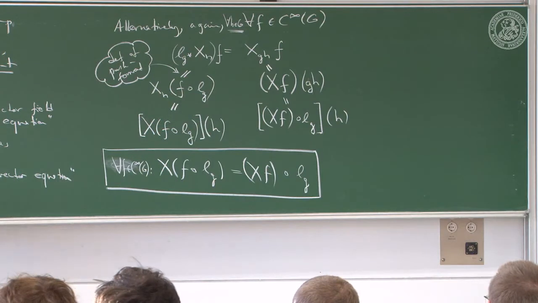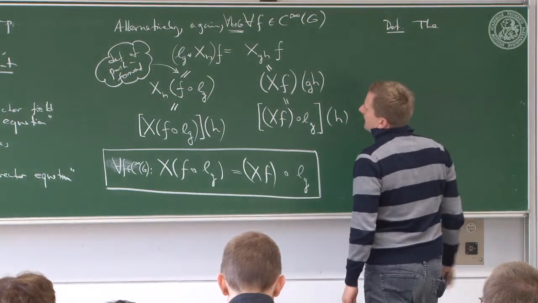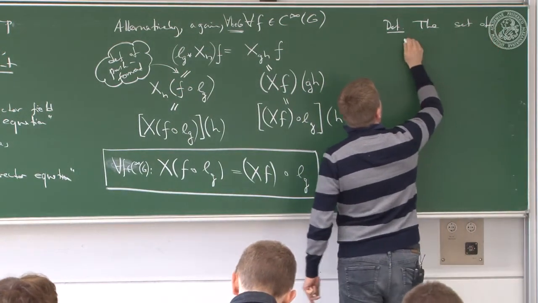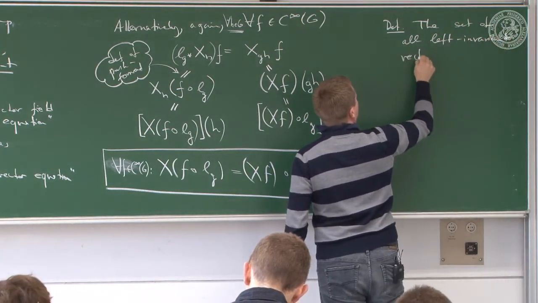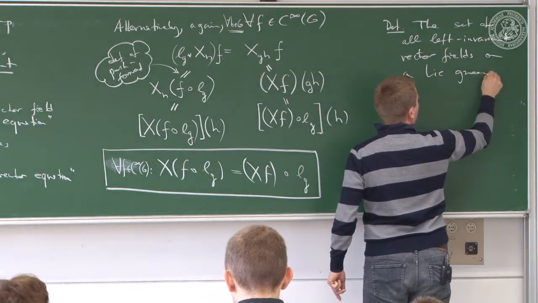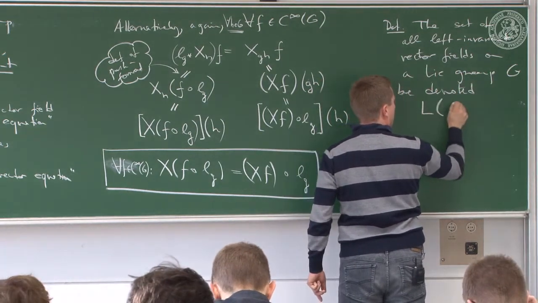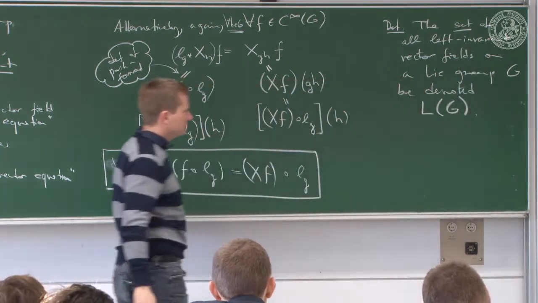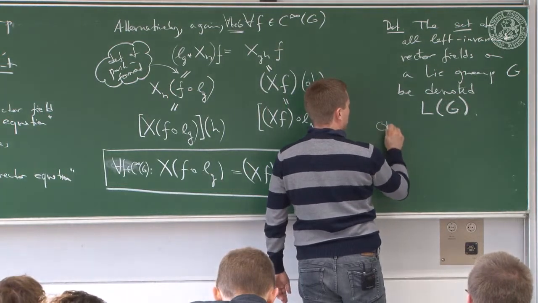And we want to look at the set of all left invariant vector fields. So definition, well, the set of all left invariant vector fields on a Lie group G be denoted L of G. And so far, it's only a set. But you quickly observe